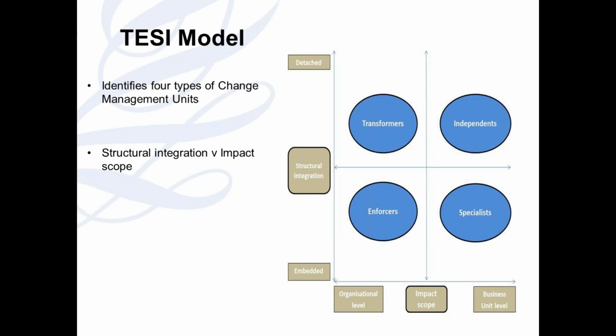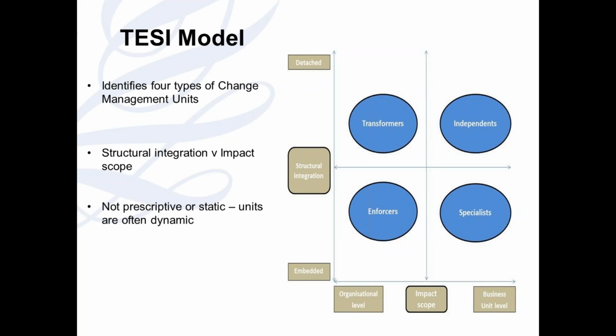But effectively we're talking about whether the scope of change that the unit delivers is broad at organisational level or more specific at the level of individual functions or business units. So that's the broad way, and I'll come back to some of those points when I talk about each of the different models. What we're not saying in this research is we're not trying to be prescriptive and saying this is how change management units have to be organised,